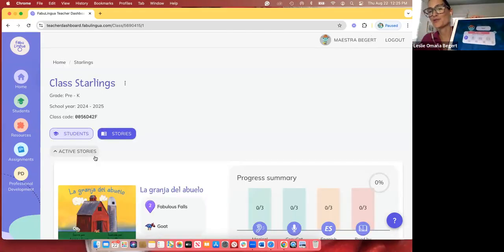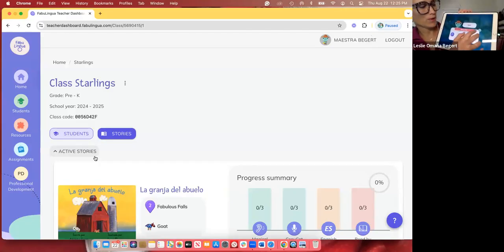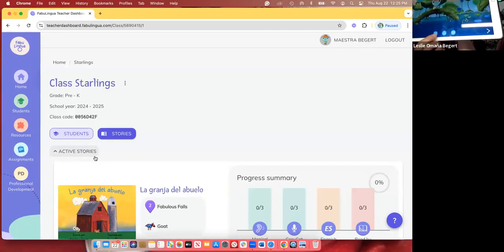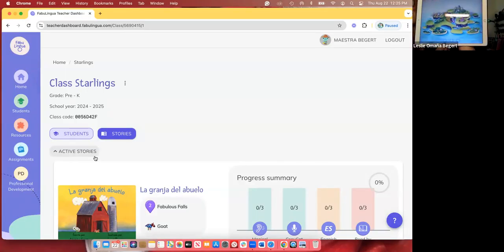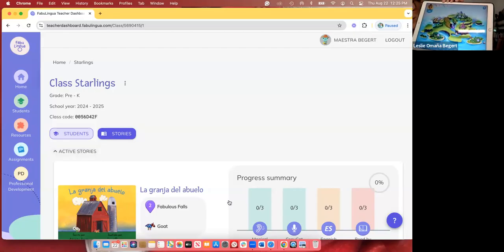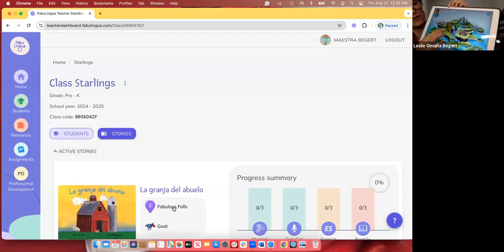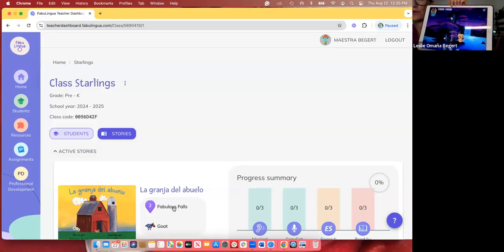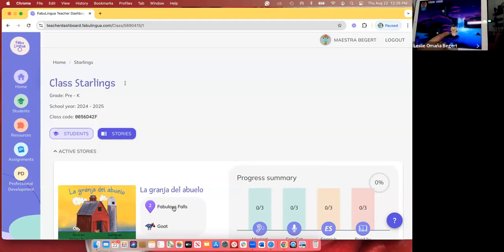Now we're going to go back to the iPad view. Do you remember where we were? I'm going to close out of that location. I'm going to go back to the overworld, which is where you need the map icon. And we're going to see that now it's no longer location 1 that is open, it's location 2, because that story about La Granja del Abuelo is in location 2, as you saw here. See? So we're going to go into there. And you need to be on Wi-Fi whenever you're opening new locations or new stories. And so this guy does not have a speech bubble.